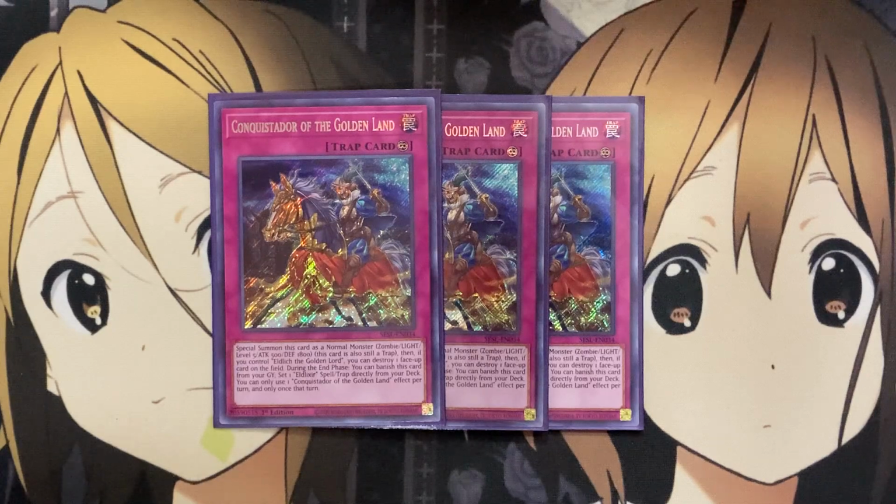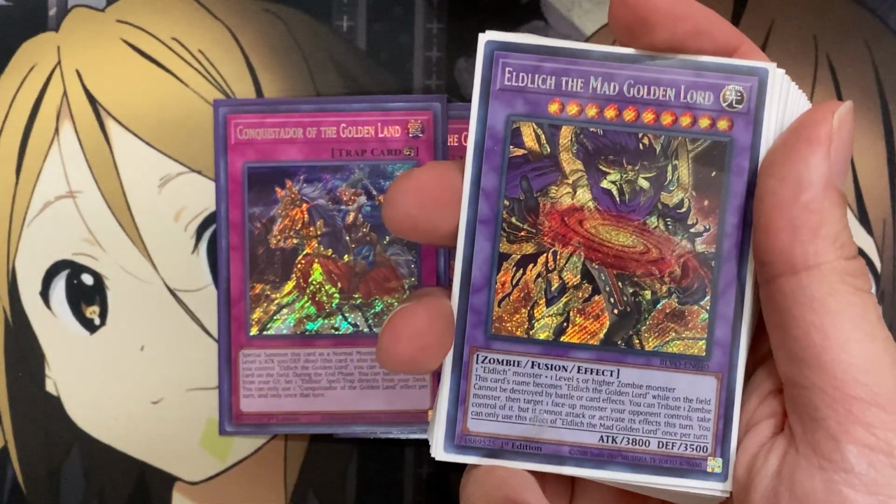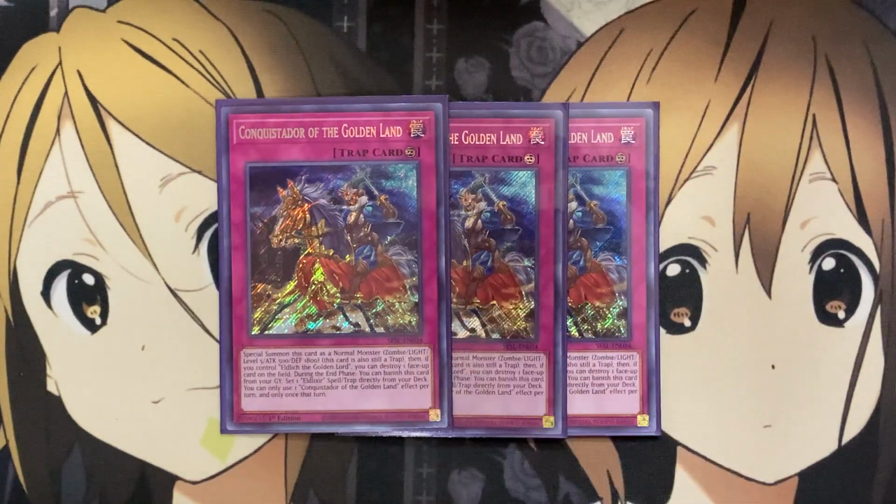You can only use 1 Conquistador of Golden Land effect per turn, and only once that turn. So this also helps just giving us the additional monster we need, because the requirements for the Mad Golden Lord are 1 Eldlich monster and 1 level 5 or higher zombie monster. Being the zombie monster, while our Golden Lord is the main go-to monster, these are the 2 requirements for summoning out the fusion monster. So very easy to get this card out and then just destroy one of our opponent's